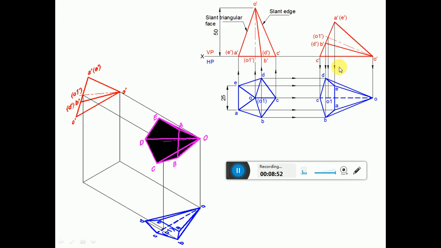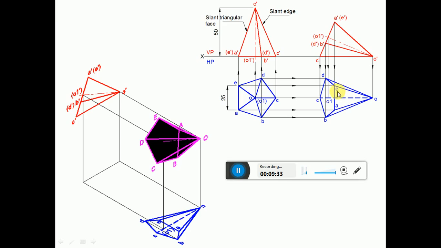Once you do that, now you are going to apply the condition of visibility. What is that? All the exterior edges of the boundaries of the solids are visible. OB, BC, CD and DO all are on the exterior edges of the boundaries of the solids, so automatically they become visible. So you darken this. Then when you look from the top view, O dash, A dash, E dash is near to the observer, so it becomes visible. So darken O to E and O to A with a dark line.